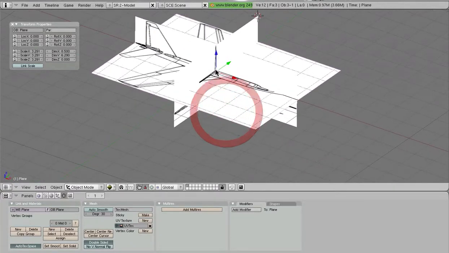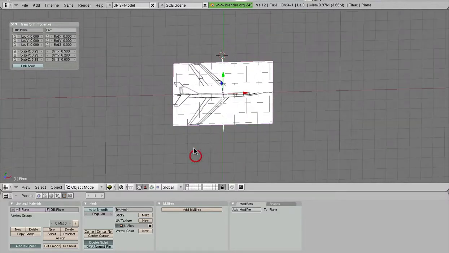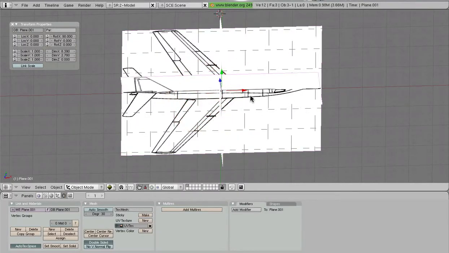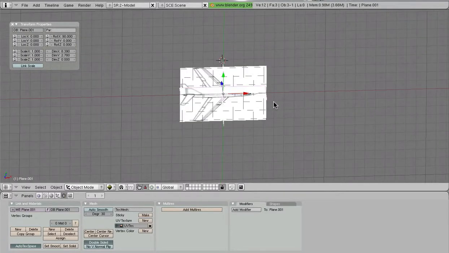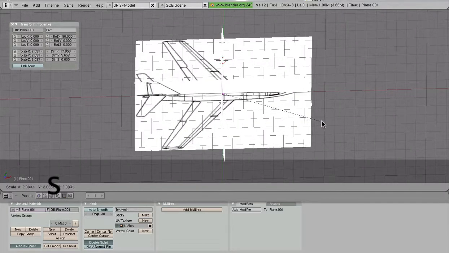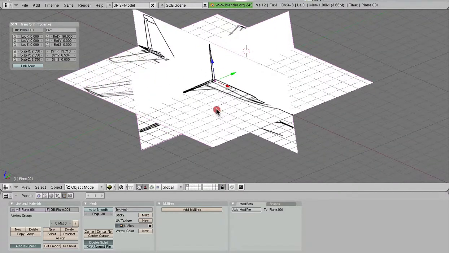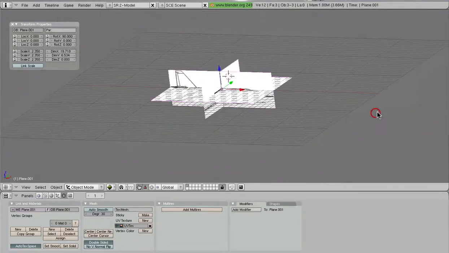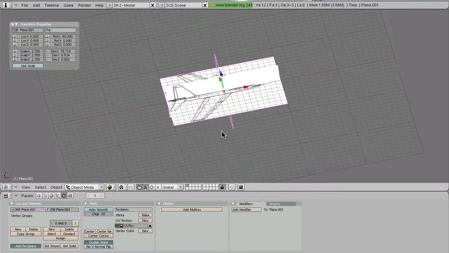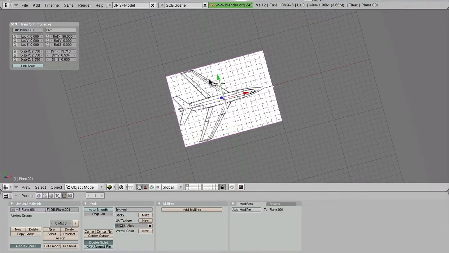Now, before we spread all of these images out so that we can begin modeling, what we want to do is scale them to the right dimension. So we want to scale it so that our airplane is about the right size, but we want to apply the scaling to everything. So we're going to select them all and scale them like this. Now I'm just going to use about 20 meters here just as a rough estimate for what my model should be like. But go ahead to Wikipedia, look at the basic dimensions, figure out exactly what you need to do. You might need to scale this a little bit to shrink the wingspan, for example. Whatever you might find you need to do, go ahead and do it so you get the basic dimensions all